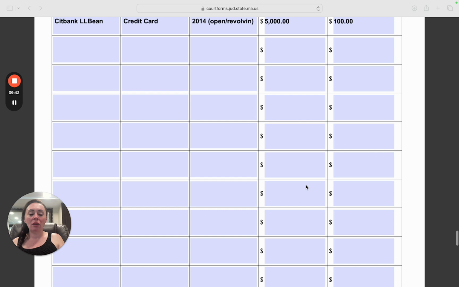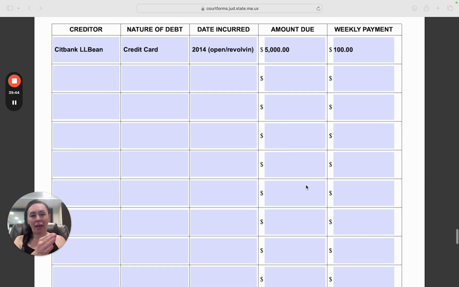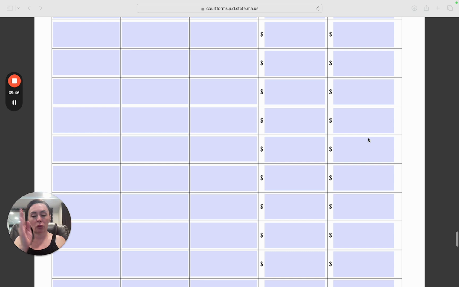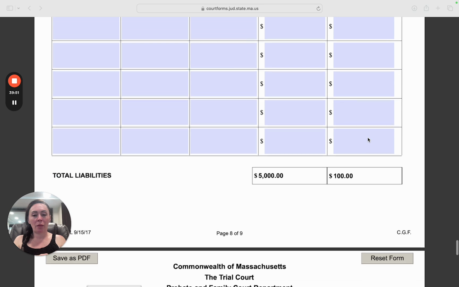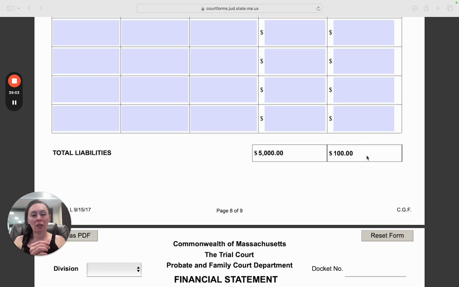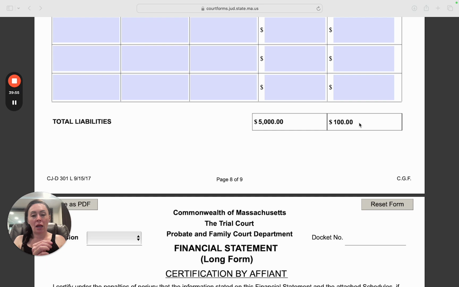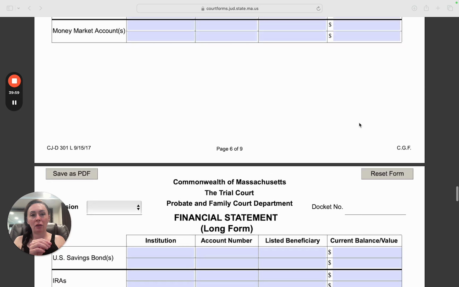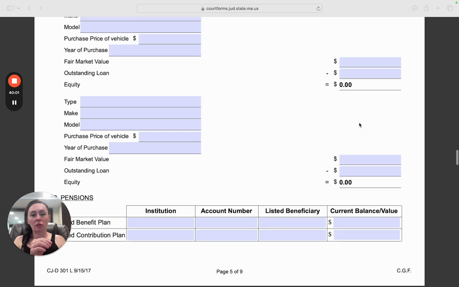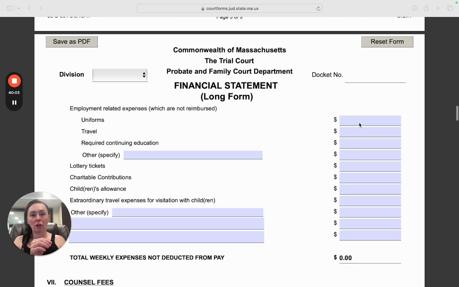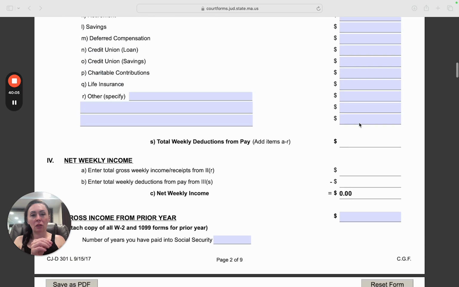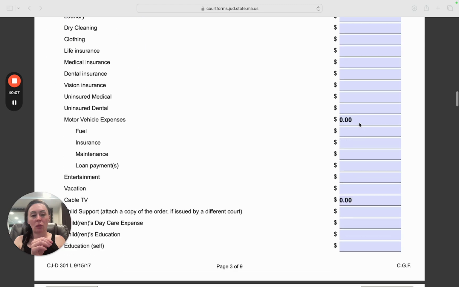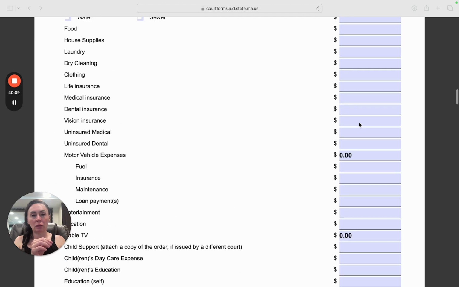And you want to be mindful that all of your weekly payments, when you're putting them in for your installment debt, your unsecured liabilities, they get totaled up here down at the bottom. And this figure actually feeds in to your financial statement, or at least it should. There's a section up here where it should be going into your